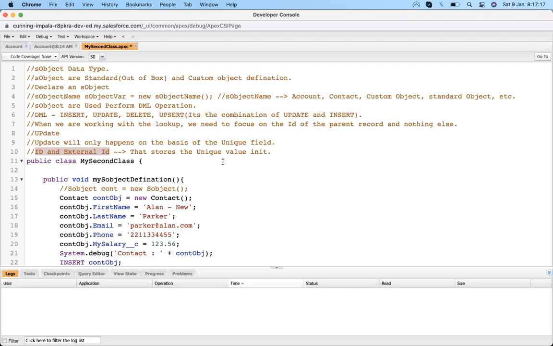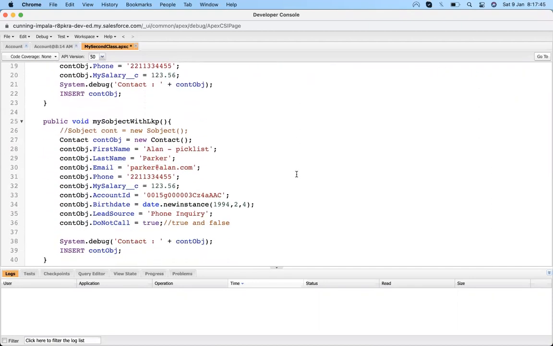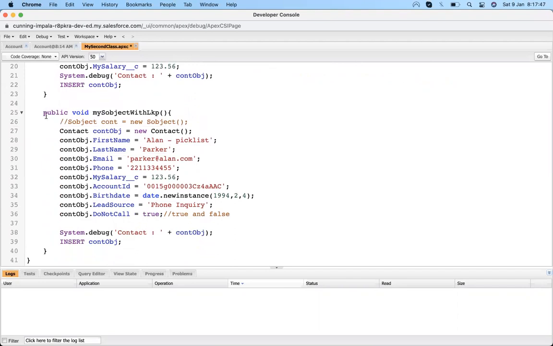Whenever the legacy system tried to insert a record into Salesforce, in order to map that record, it used an external ID field so that it can be inserted or updated. So we use either the ID or external ID of the record to update that record. So let's check how we are going to use those fields.